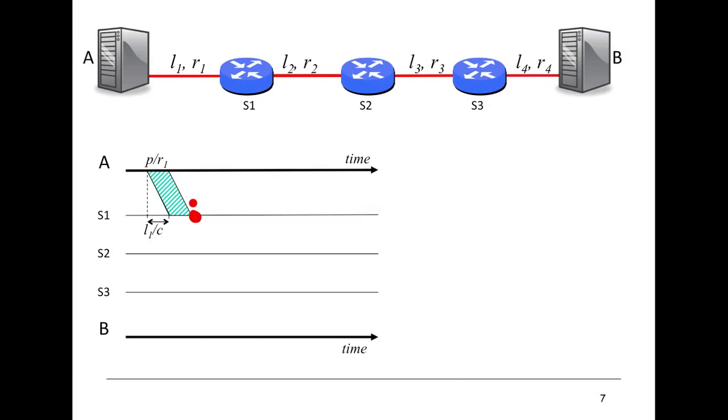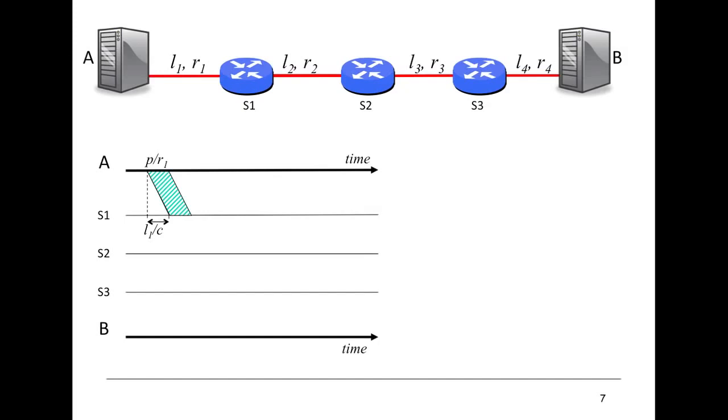Internet routers are what we call store and forward devices. That means the switch S1 is going to wait until the whole packet arrives before it looks up the address and decides where to send it next. It could instead start forwarding the packet after it had just seen the header and not wait for the whole packet to arrive. That's something we call cut-through switching, but internet routers generally don't do that. In a later video and in some of the exercises, we'll see examples of cut-through packet switches. But getting back to our example, which is a store and forward network, where every switch is going to store and forward the packets,